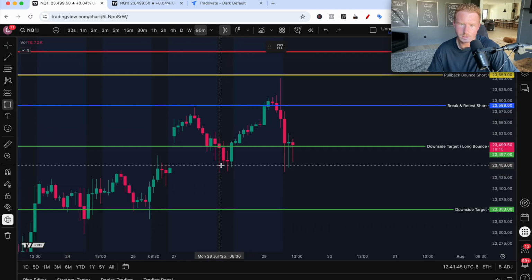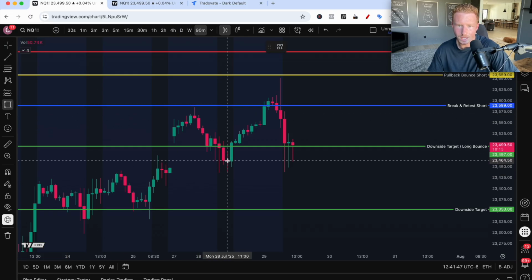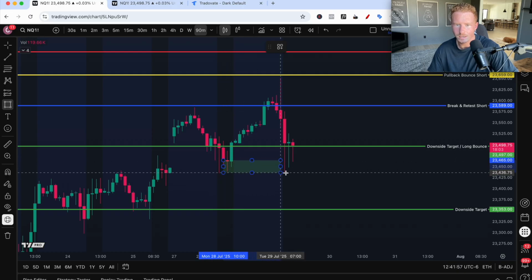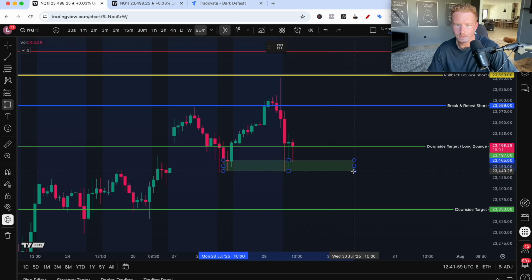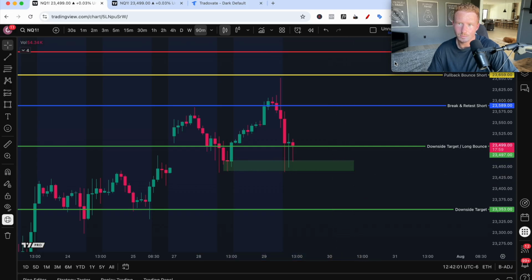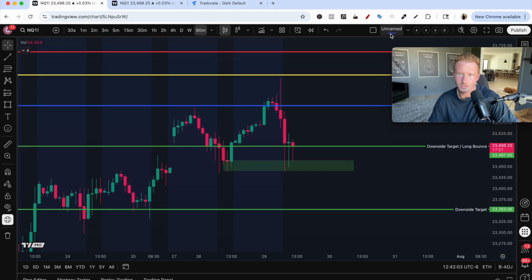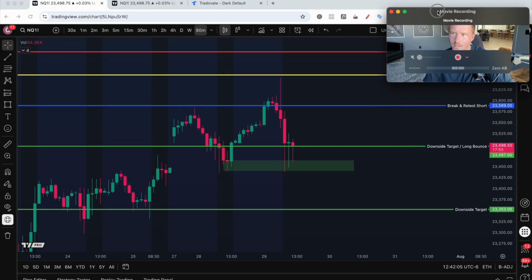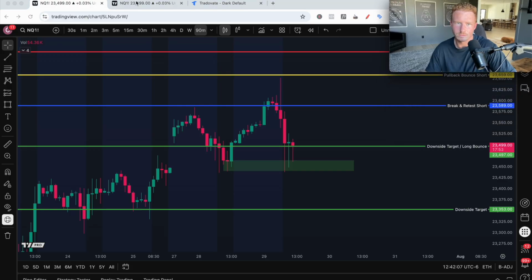So I'm kind of watching this. Then I saw we had a demand zone right here. You can see we have this doji basing candle followed by a big candle up. So we can draw a zone from the body of that candle to the bottom of the wick, and you can see this lines up pretty much perfectly. If I save this to my chart now, we can see kind of where my thought process was